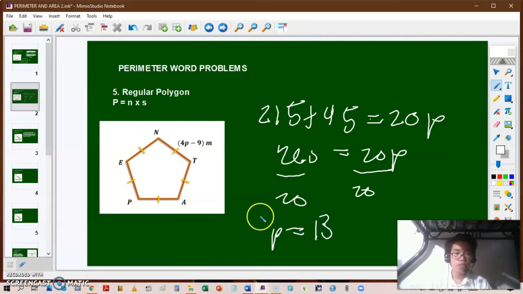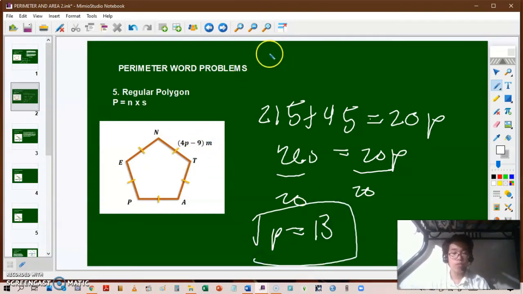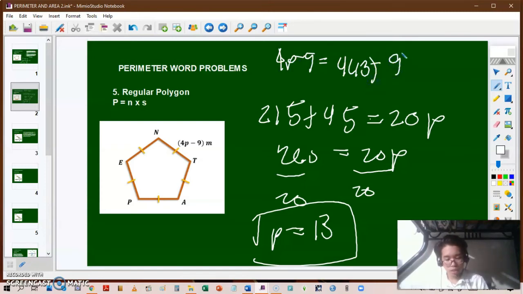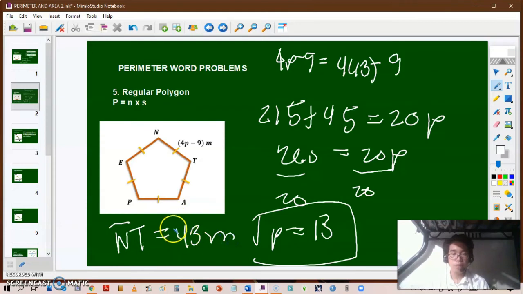And if we substitute this value of P for the measurement of side NT, we can get the measurement of side NT. So we have 4p minus 9 is equal to 4 times 13 minus 9. So what's 4 times 13? Minus 9, that's 43 meters. So that means the measurement of side NT and also all of the other sides, TA, AP, PE, and EN, is also 43 meters because it's a regular pentagon, or